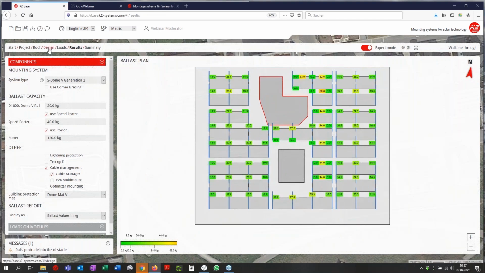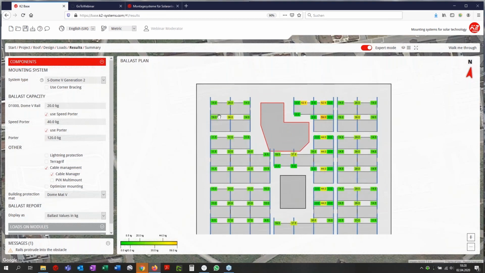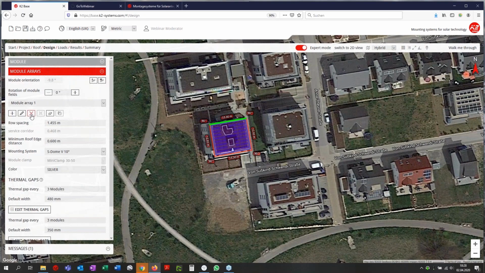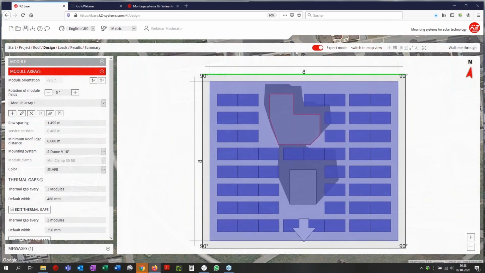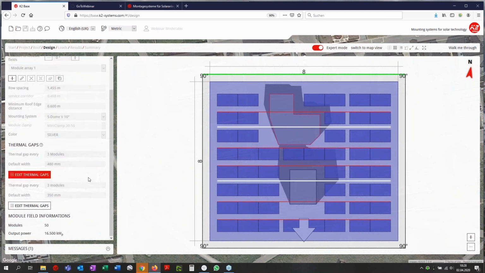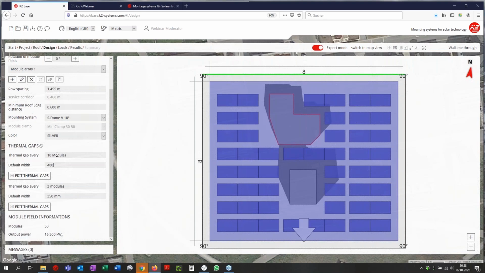So if we go back to design now, keep in mind that we have, for example, here 14, 19, 38. So we go back to design, delete these. Oh no, let's go to the 2D view first. Remember that we have a thermal gap after every third module. Now I can check what the maximum value is. So I type in 20, and when I confirm that by using the tabulator key, it jumps back to 10, because we remember that 10 was the maximum